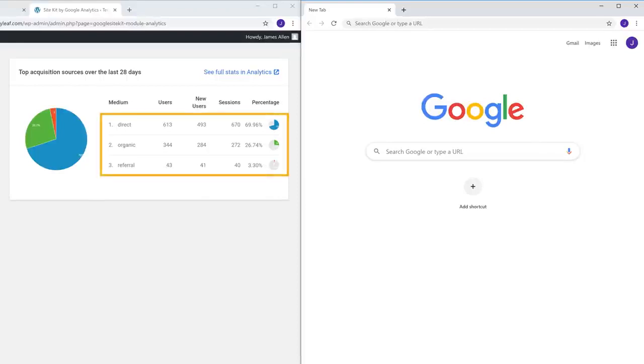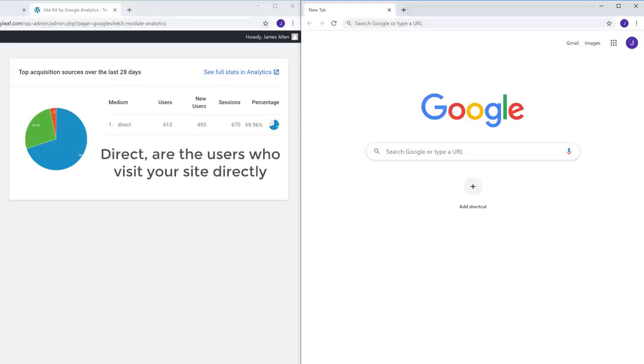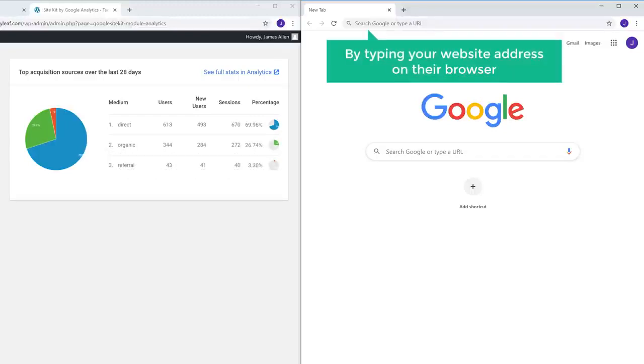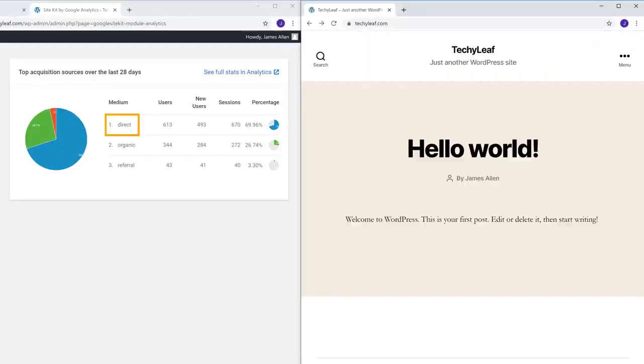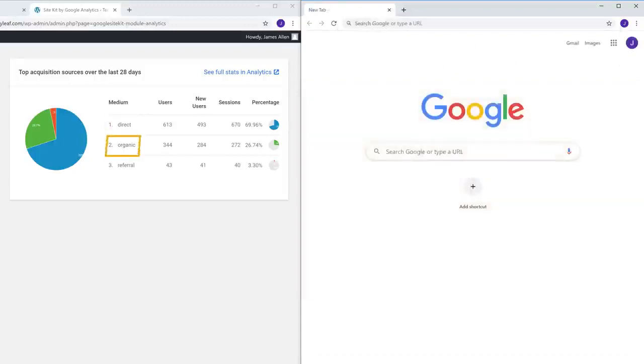So as you can see, we have 3 different traffic sources here: direct, organic, and referral. Direct are the users who visit your site directly by typing your website address on their browser like this. The next one is called organic. Now, these are the users who came to your site after searching on search engines like Google. For example, if a user types your website's name on Google and press enter,